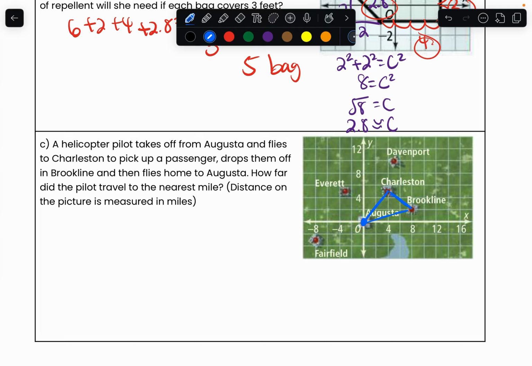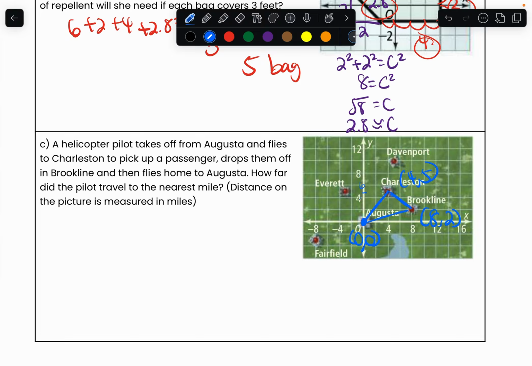So I'm going to first write down all the ordered pairs for all the points I have, okay? This ordered pair here is 0, 0. This ordered pair here is 8, 2. This ordered pair is going to be 4, 5, okay? And the reason this is 4, 5 is because between 4 and 8 here, this is 6. However, this point was in between 4 and 6, so this is why this is 4, 5. Now, once we have this written down, we have to find the distance between each of these sides.